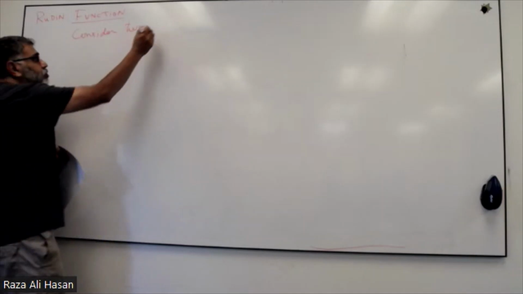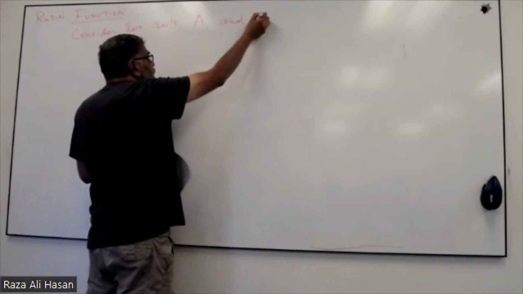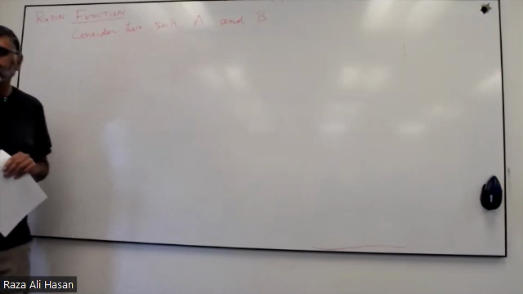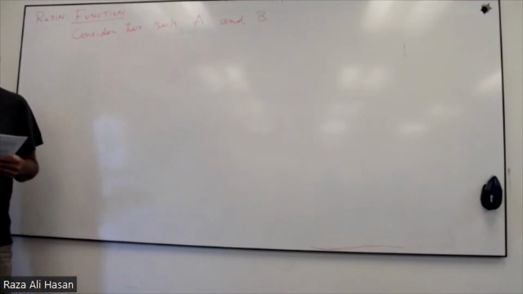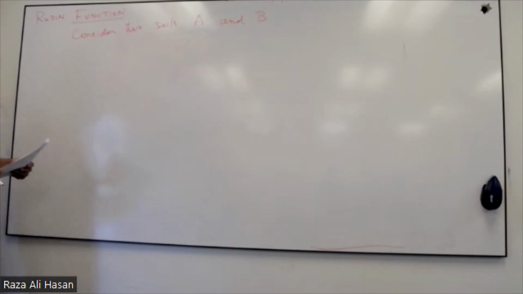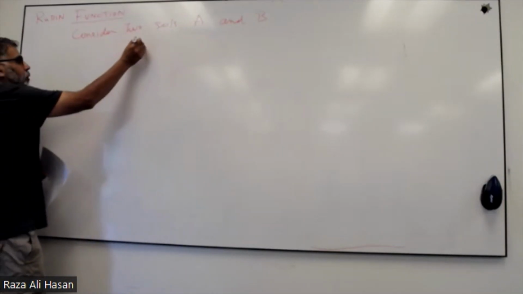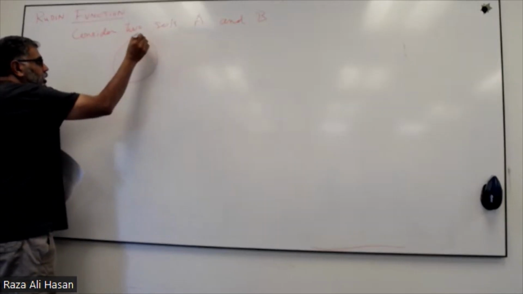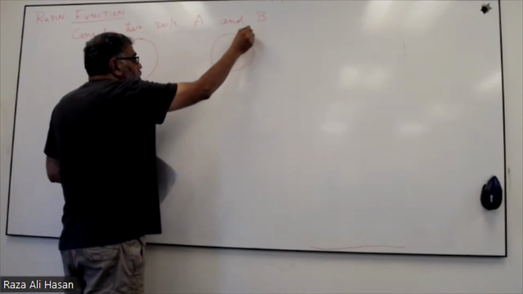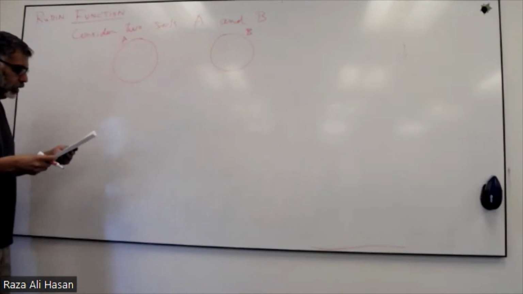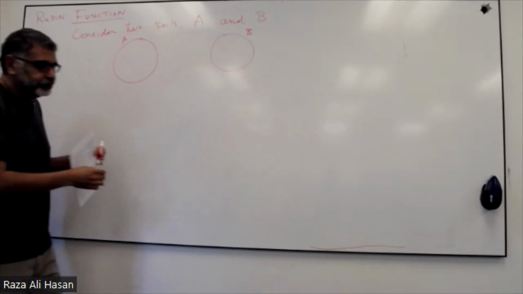Two sets, A and B. How do you consider two sets? Their elements may be any objects whatsoever. Well, you draw a picture. My picture here, this is set A and set B. And then the definition goes on to say whose,